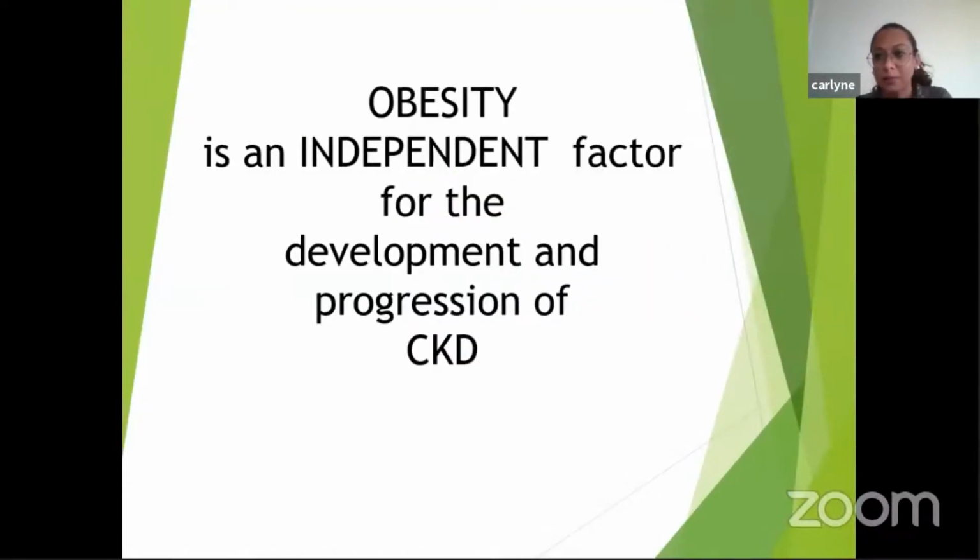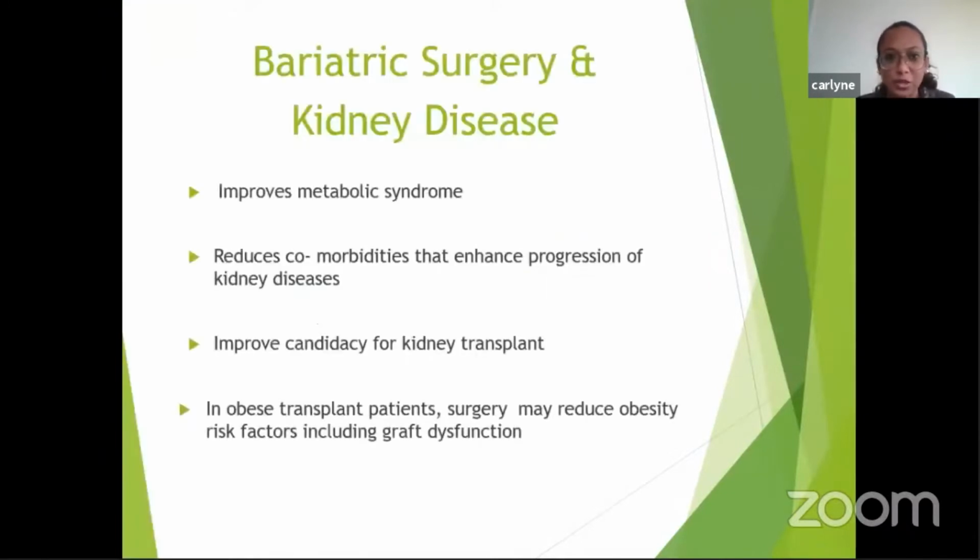Basically, Dr. Amit Langote already spoke about obesity and CKD, so I'm not going to go into that. But in practice, we've seen that bariatric surgery does help to improve metabolic syndrome and also, to a large extent, helps reduce comorbid conditions that enhance the progression of kidney disease. We've also seen that with bariatric surgery and weight loss, it improves patients' chances of being on the kidney transplant list. And in obese transplant patients, it may also reduce the obesity risk factors that include graft